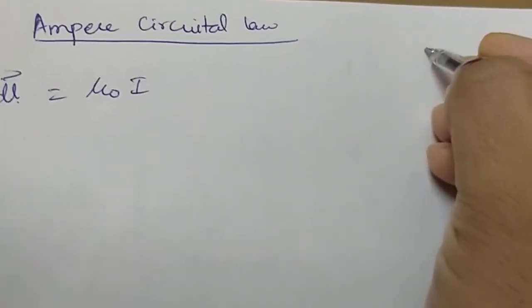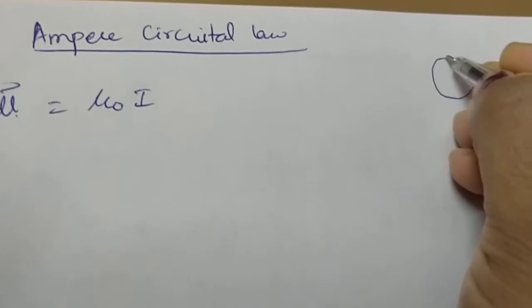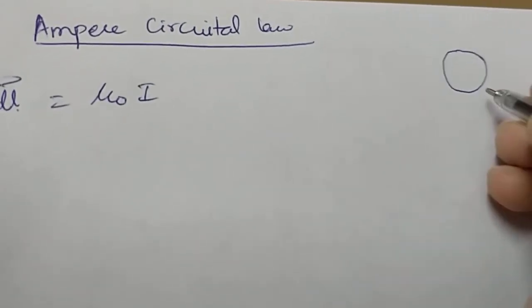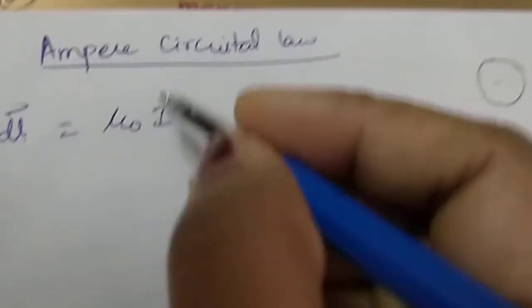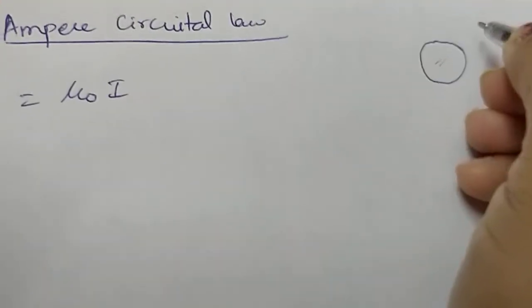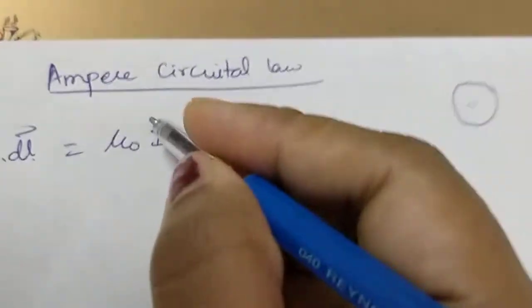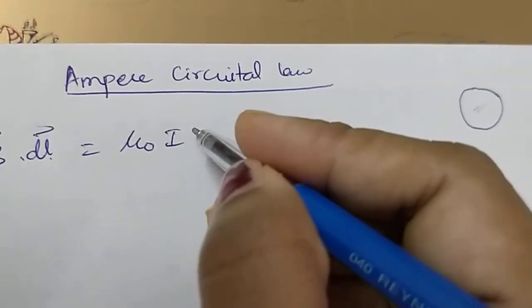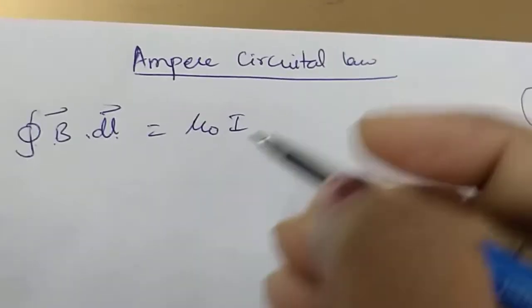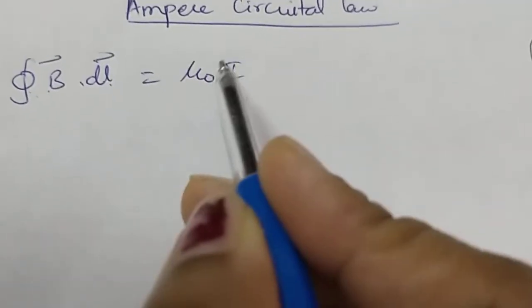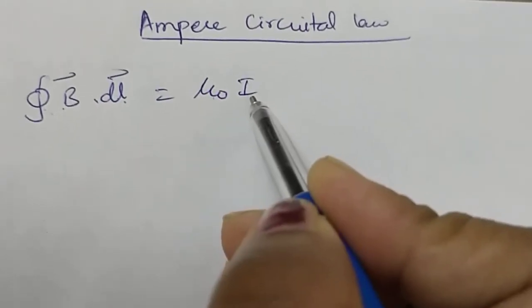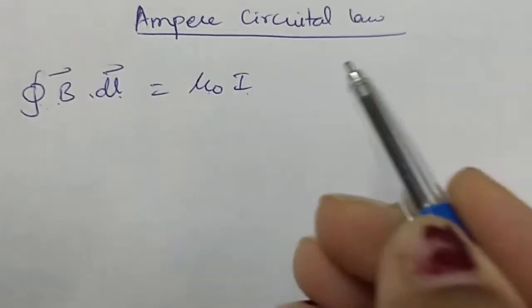जैसे Gaussian surface assume करते थे, वैसे आप Amperian loop लोगे. It can be circle, it can be rectangle, any kind of a loop, and the amount of current passing from inside this loop is this current threading the loop. If 3-4 wires are coming out of this loop, and in some current is flowing upward, in some current is going inside, then you have to take algebraic sum to find the total current and substitute here. Okay, and the statement will be closed line integral of magnetic field is mu naught times the current threading the closed path or the loop.